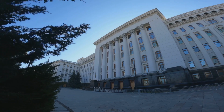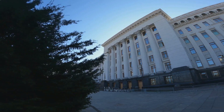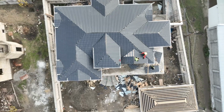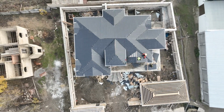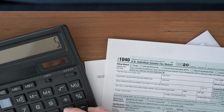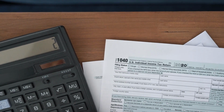Inheritance tax, often abbreviated as IHT, is the tax the government takes from the estate of someone who has died. Your estate is everything you own, including property, savings, and possessions such as artwork, jewelry, or cars. The standard inheritance tax rate is 40%, and this is what the government will take after you have deducted any